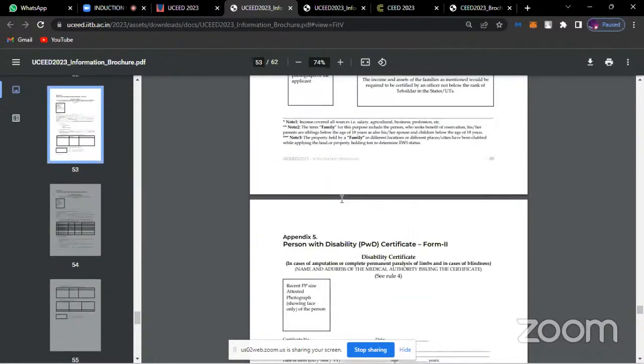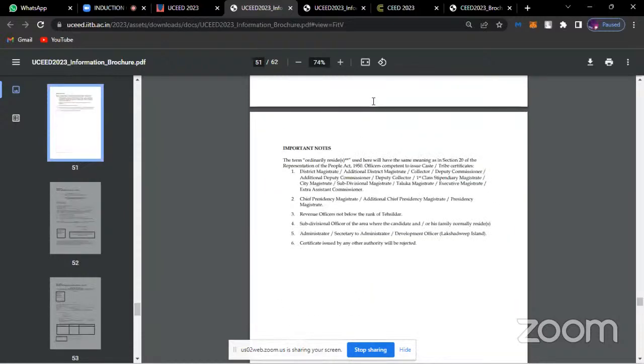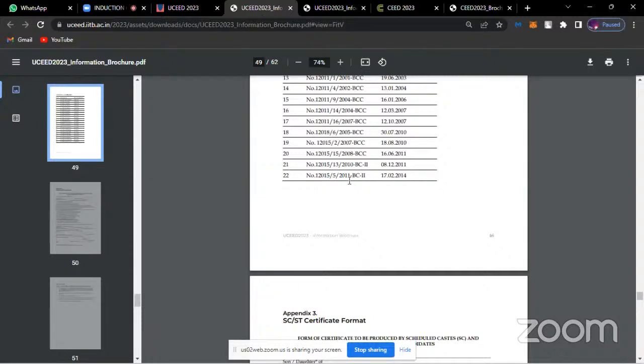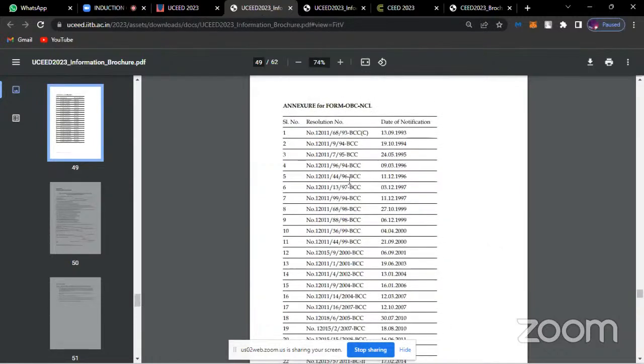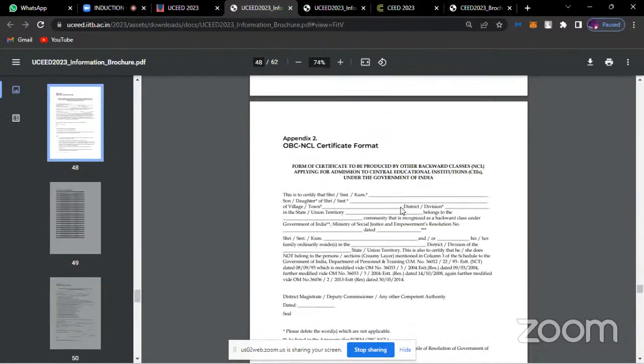People who already belong to any of these categories would have their own certificates. But please note, this is very important information that all of these certificates will only be allowed if they are made after April 2022. All right, note it down.